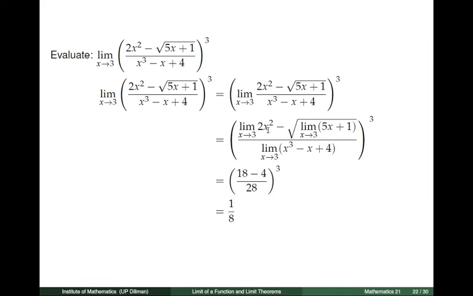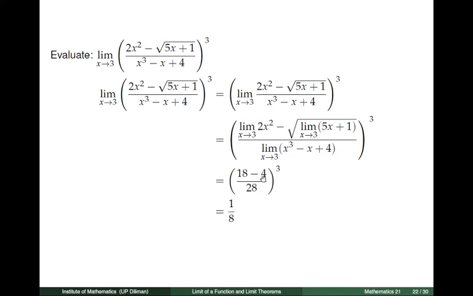Now, the limit of 2x squared as x tends to 3 is simply 2 times 9 or 18, and the square root of the limit of 5x plus 1 as x tends to 3 is the same as the square root of